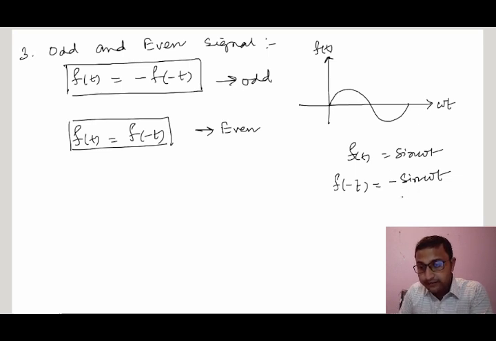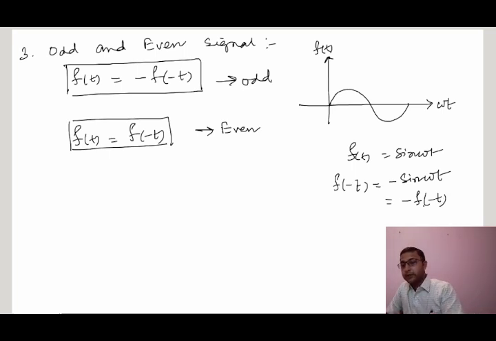Look, minus sin ωt means minus f(t), minus f(-t). Sin ωt is equal to f(t), that means minus sin ωt is equal to minus f(-t), right? A very common example of an even signal is the co-sinusoidal signal, which is basically 90 degrees lead